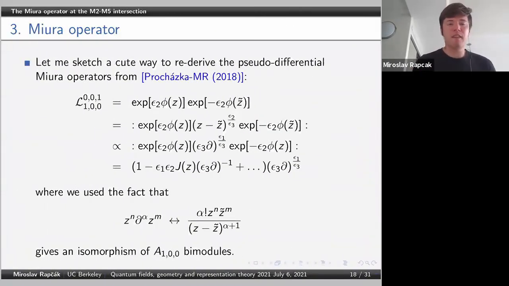Okay, and using these operators, it's actually pretty easy to rederive the pseudo-differential Miura operators we found with Tomáš Procházka. They were actually quite surprising. We devoted maybe like 20 pages to these Miura operators and tried to pose them and play around as with the standard Miura operators. But here you can actually see that there exists a derivation that is just a few lines long. So let me just go through that and tell you what the Miura operator to the corresponding